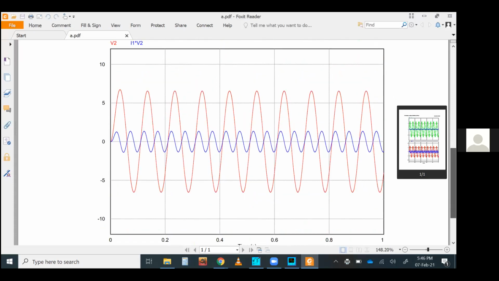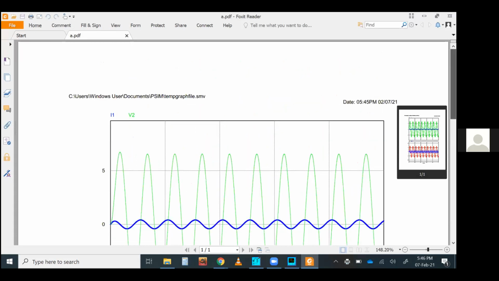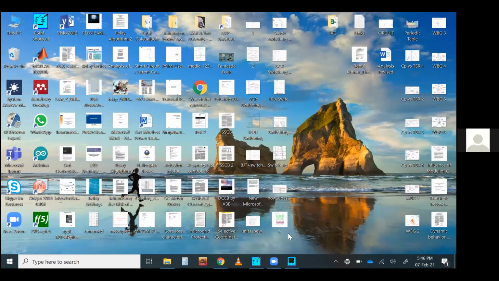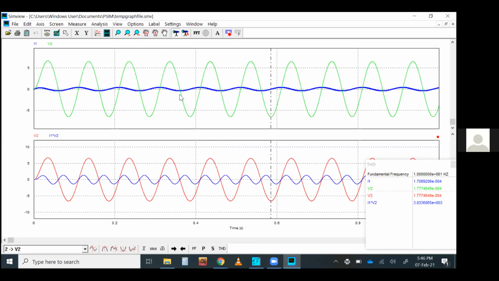Before saving, you can thicken the signal because it looks very light. So you can make it thicker. You can change the color as well and use it for further processing. So these are very handy for research work. You can get different kinds of results, do the manipulation, save it, and publish it later. So that's the thing you can do here in the SimView platform.